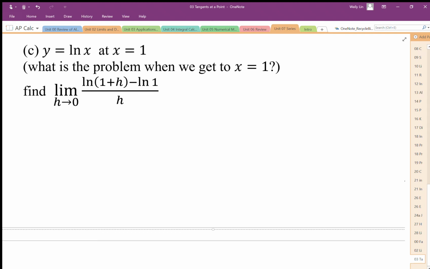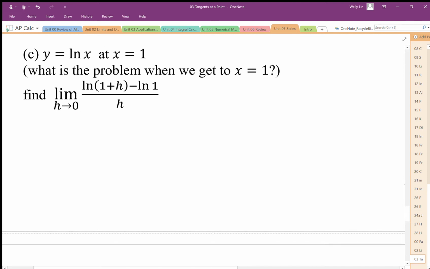So this last problem we just graphed, we found the slope of ln x at x equals 1. And that slope, we ended up finding from the graph, it looks very clearly that it's going to a slope of 1. But if we let h go to 0 here,